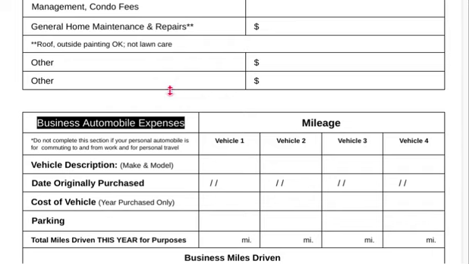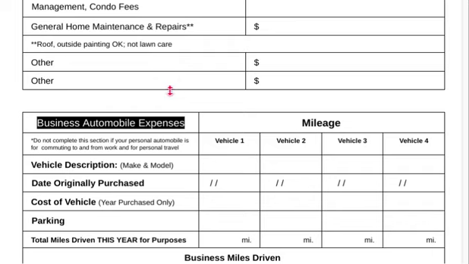You drive to McDonald's and to pick your kids up, and then you also use to go see clients and business errands. No, not that. Just a dedicated vehicle for your business. You're gonna put them here: vehicle 1, 2, 3, 4. The vehicle description, the make and model, the date originally purchased for each vehicle, the cost of each vehicle, the year purchased only, the cost in the year purchased, parking that you incur due to each vehicle for that